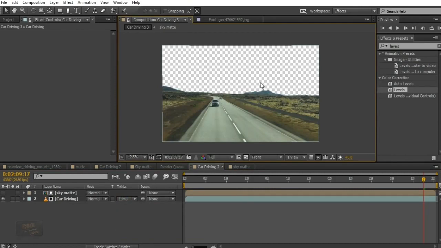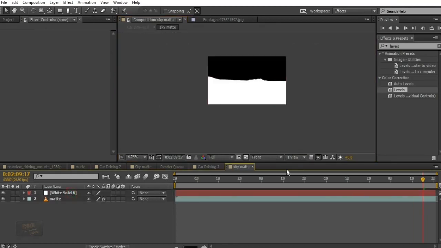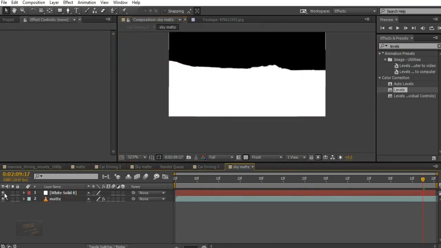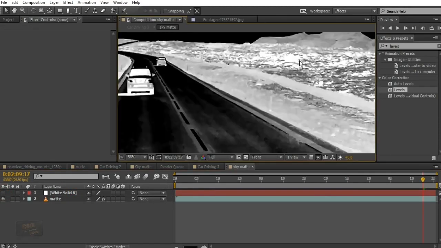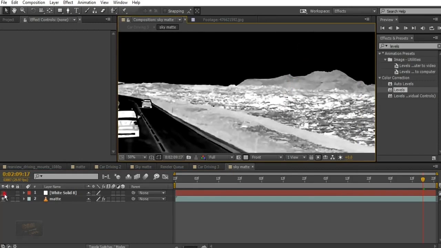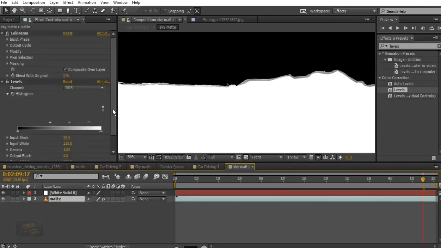So what we can do is probably adjust the mask here because we have a little artifact right here. So let's go into the sky matte and what exactly is it? Oh, I see. The white solid is basically just covering a part of it, so it's not completely covering the mountain. So probably just go to matte and adjust